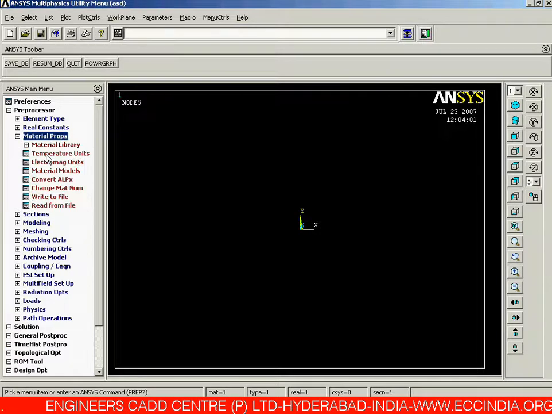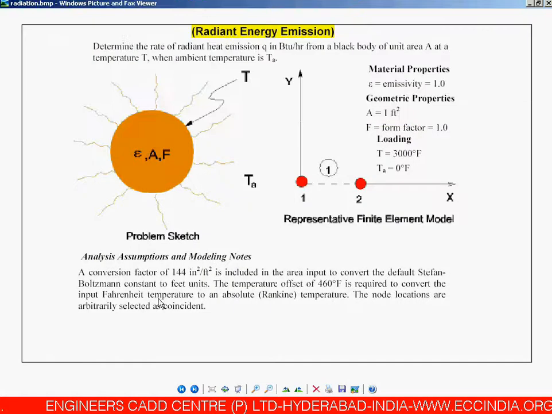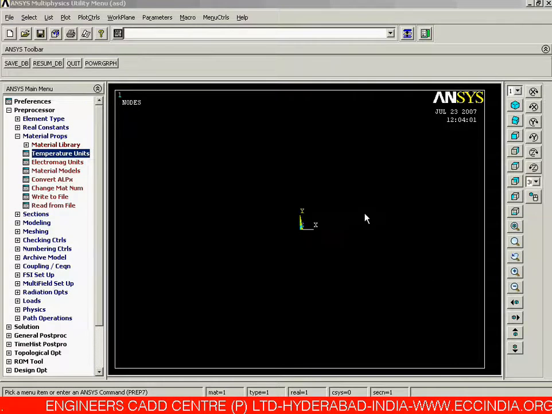After that we need to go for the material models. Let us say material model. But in the material properties, before going for the models, we must go for the temperature units. Whenever we are going to solve for temperature, we must cross check the temperature units over here. We can see the offset temperature maintained at 460 degrees Fahrenheit and all the inputs are given in Fahrenheit. So our temperature unit by default will be Kelvin. We must transfer it over here by making it Fahrenheit. Keep it on Fahrenheit for this particular numerical and then say OK.